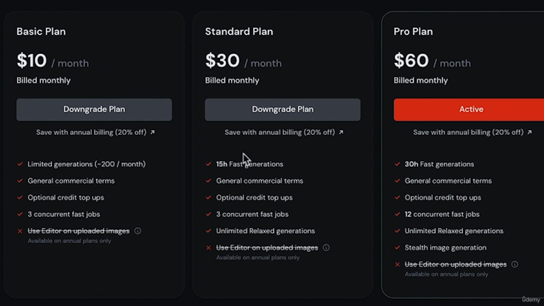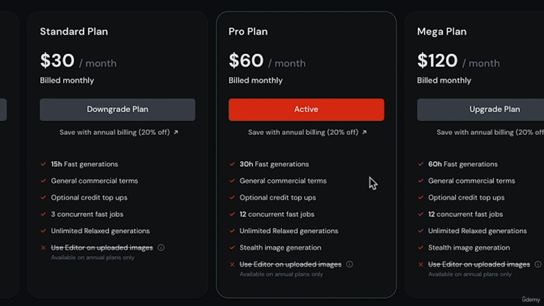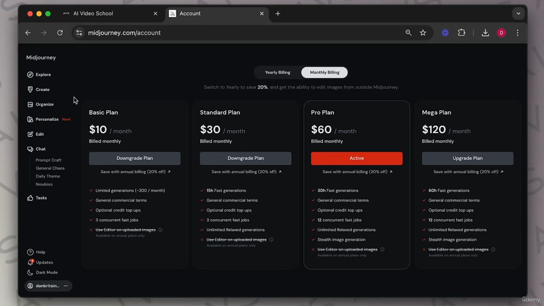And then you're done by hours. So 15 hours of fast generations, 30 hours. So if you're using it a lot every day, suddenly you run out of hours. It's very slow generating your images. So if you want to stick to this $10 a month plan, or $30, but probably the $10 a month plan,